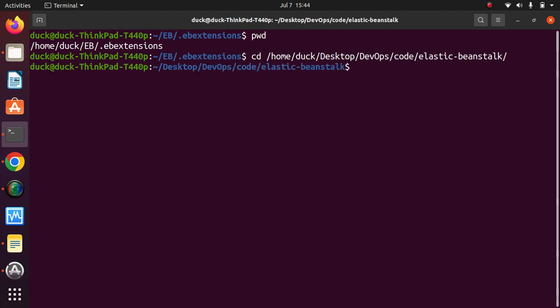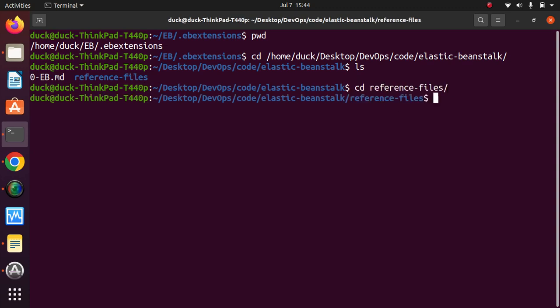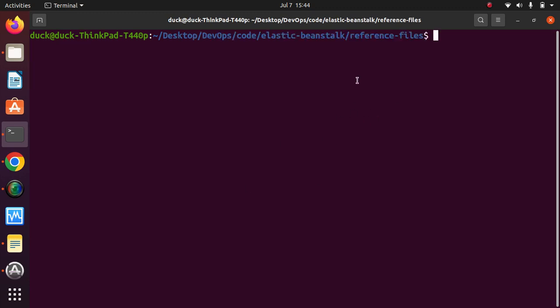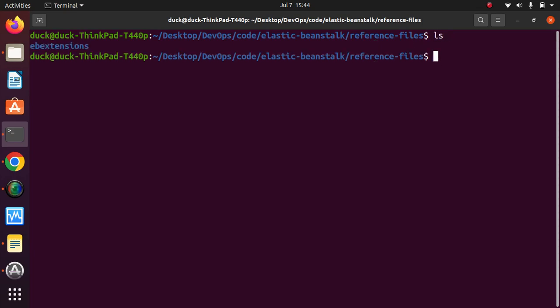And if I do ls, so in the reference file, okay, so I have some files with me. I had already created some files and I just put these files in the reference files. So if I do ls,